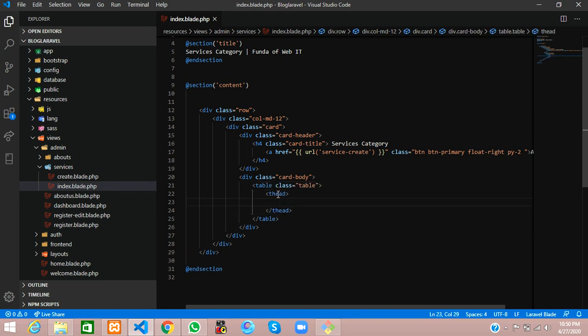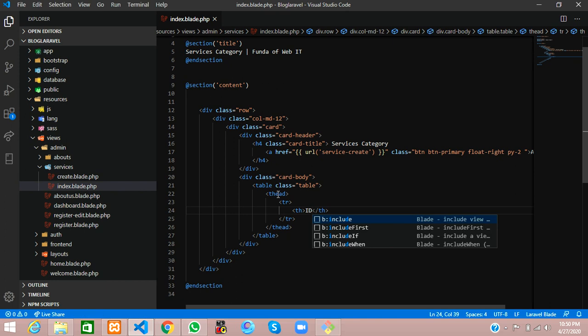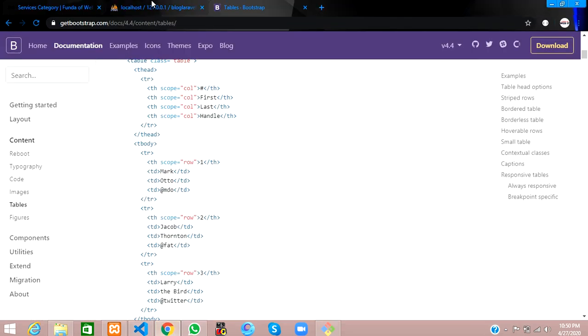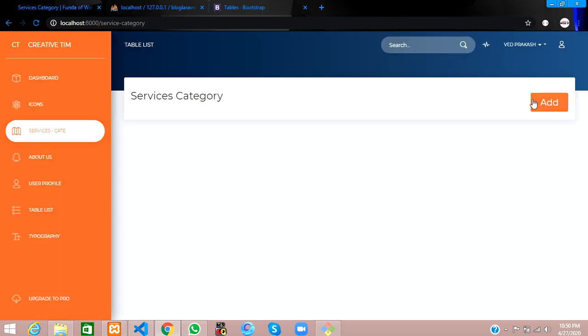Inside the table head, table row, we paste id, and then the data as per our service requirement. Copy and paste it three times, because in our service category we have two columns.